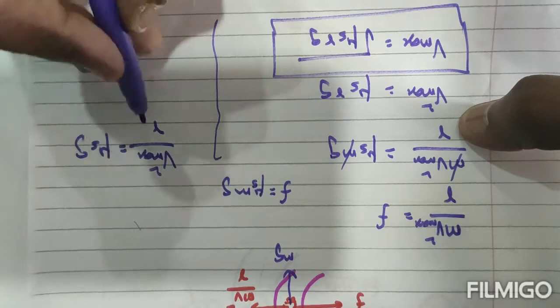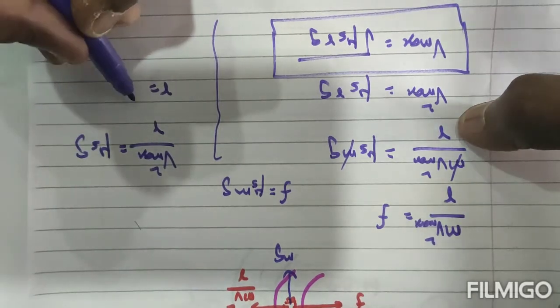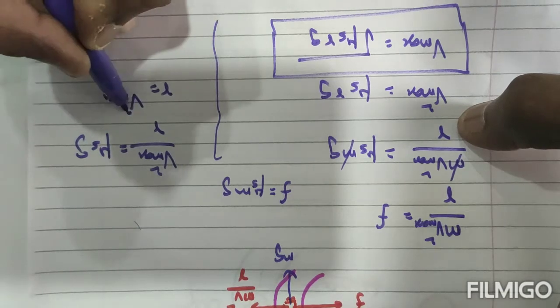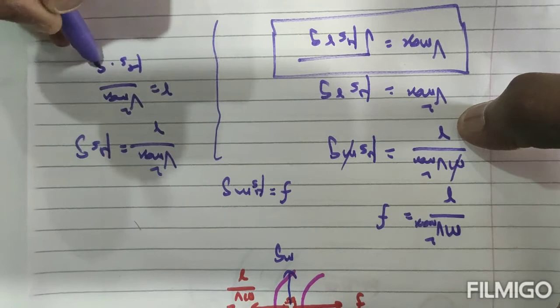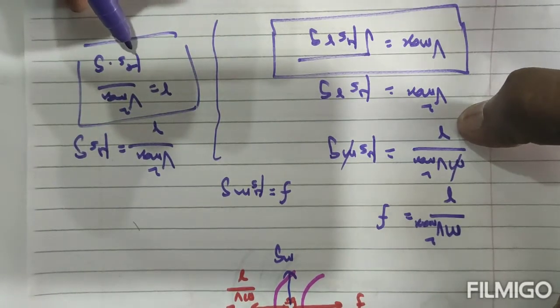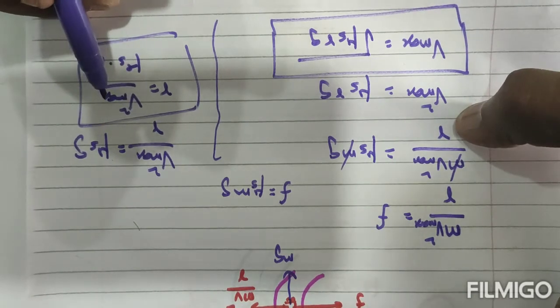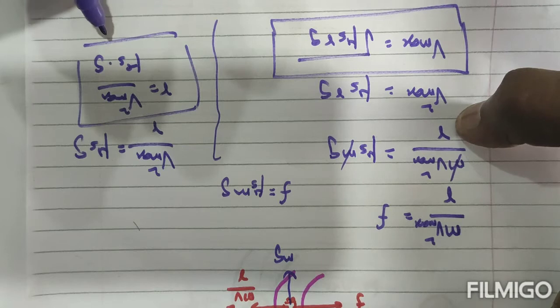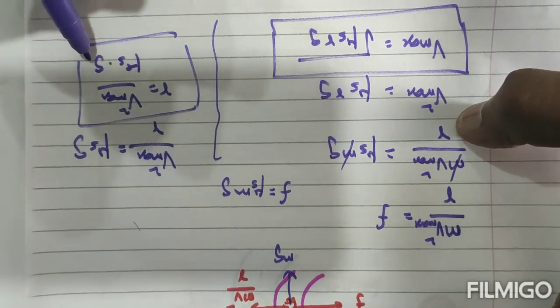So therefore r, the radius of curvature, is equal to v max squared divided by mu s into g. If you observe here, when the velocity is increasing, the mu s value will be decreasing. See, the v value is increasing, the mu value is decreasing, and g is constant.